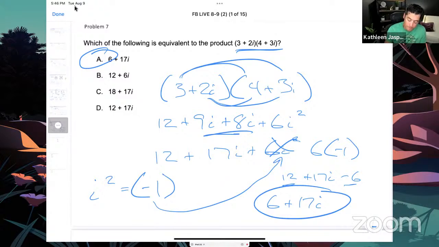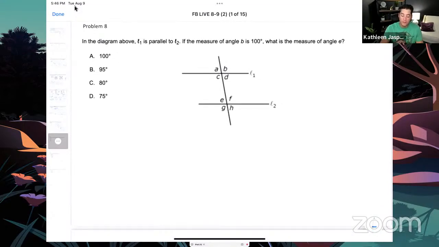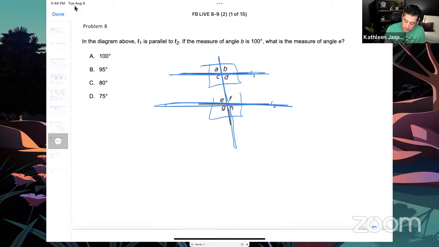Okay. Problem number 8. In the diagram above, line 1 is parallel to line 2. If the measure of angle B is 100 degrees, what is the measure of angle E? Because these are parallel, so real quick, this is parallel to this line right here. When we have a line that goes through two parallel lines, it's called a transversal. That means that wherever those lines intersect, in this case, we have this intersection point here and this intersection point here,